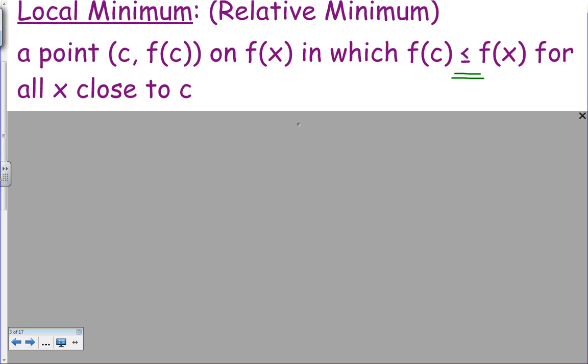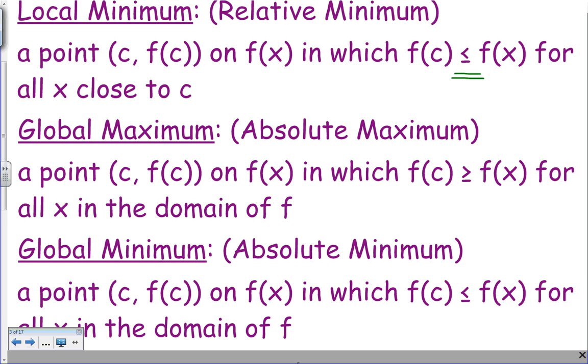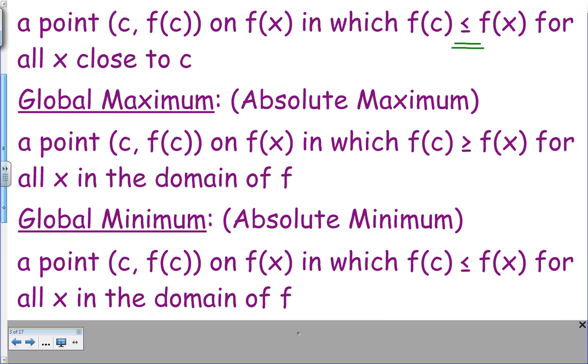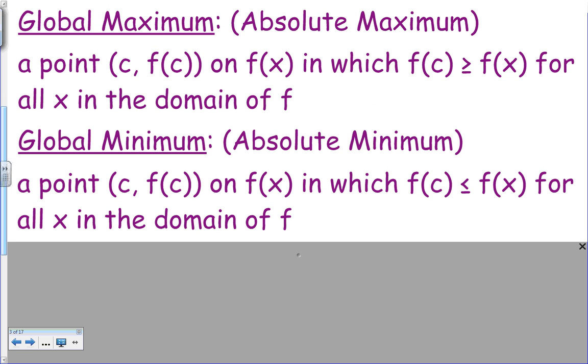Now, along with local minimum and local maximum, we have what are called our global minimum and our global maximum. So our global maximum, also known as an absolute maximum, we'll use the term global, but those are other terms. That's another term we use to describe this. Global maximum is a point c, f of c on the function f of x, in which f of c